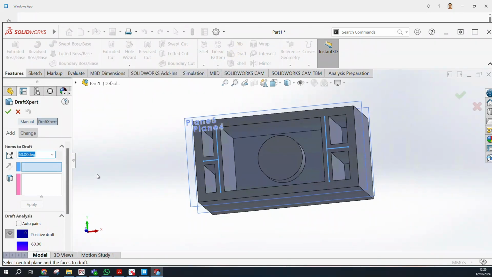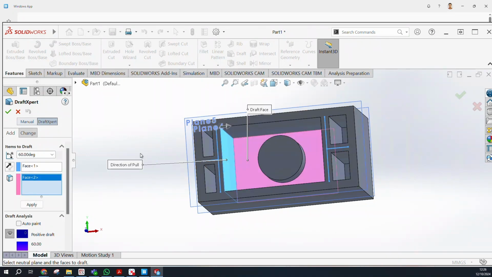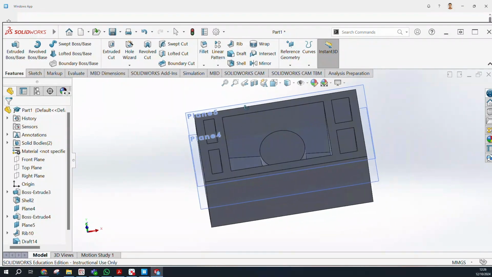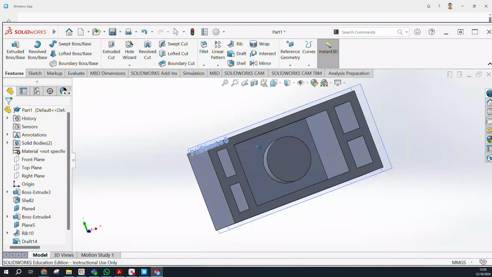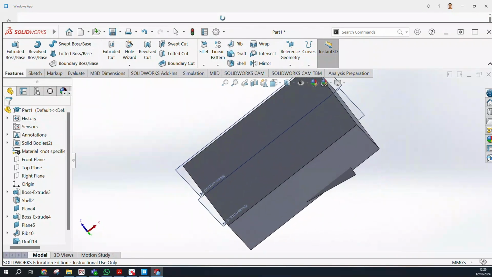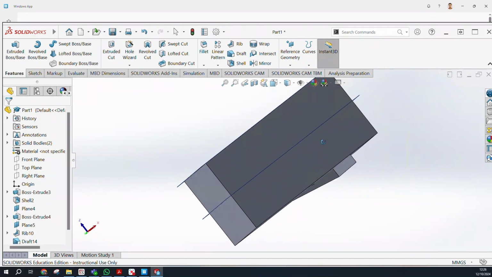So draft usually gives an angle to the line like that. Increase or decrease an angle, you will see that. Let's make it 10 maybe, and when you select OK, you will see that this is a little bit tilted, but because it is inside you cannot see it. Oh yeah, from here you can see the